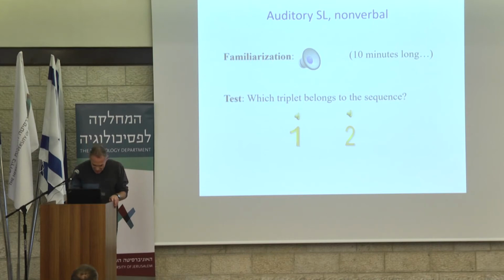And then again, you would face a question: which triplet belongs to the sequence, this one or this one? It's not this one. But I'll give you another type. We are really very creative in creating these, because if you want to omit the verbal aspects of it, you can hear this type of string. Much more difficult task. And recently, very creatively, we have this one. These are sounds that are perhaps more familiar. No, no, no. This one.